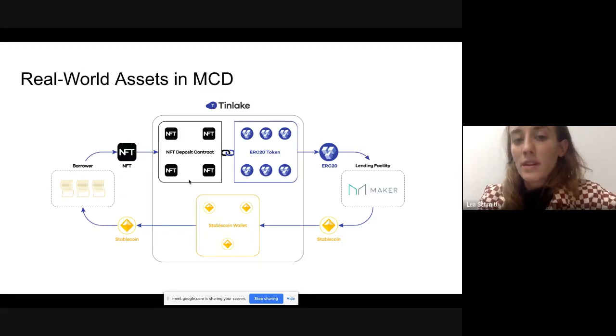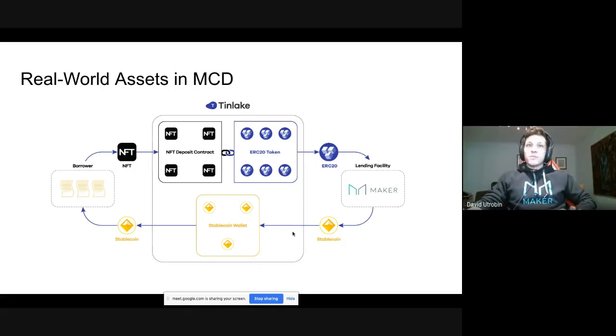So on the one side here, you have the NFTs that represent real-world assets submitted to Tinlake smart contracts and bundled into a portfolio. Based on that, ERC20 tokens are minted, which then are locked into Maker Vault to draw DAI. So using Paperchain as an example, Paperchain would be like the borrower who's connecting the client of the loan from like Spotify. They'd be taking that 60,000 of future revenue upfront and paying some amount of percent on it.